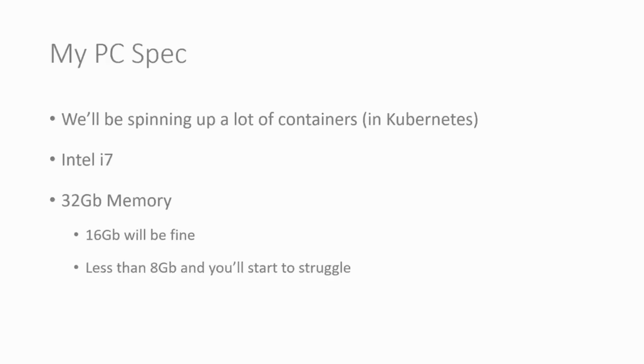Anything less than 8, I mean really 8 is probably the absolute bare minimum, and I think even if you're running 8 gig, you're probably going to struggle a bit with that. So between 8 and 16, I'd recommend 16 to be honest with you. And the hard drive is sort of irrelevant, but I just happen to have a 1 terabyte solid state disk drive, but it's really the memory. Memory is the main thing that you will need. So yes, 16 gig, you should be fine.